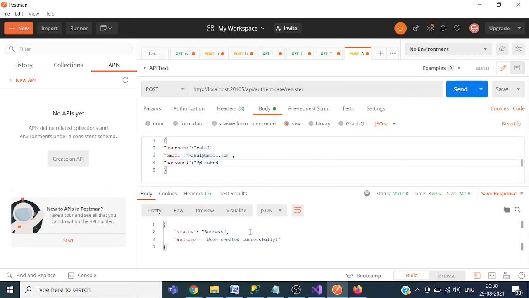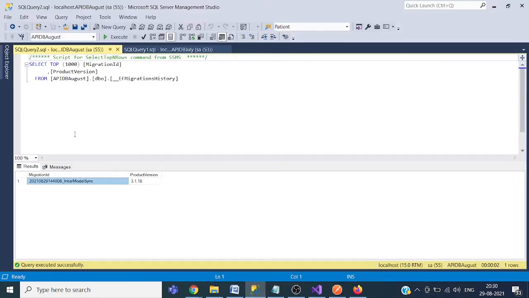So now the data is added in the database. Okay, we have got this successful message. So you can check in the database.